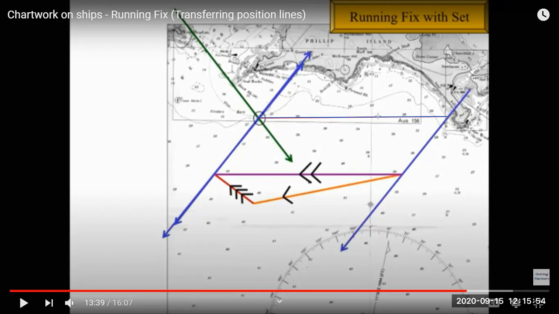Transfer the blue line, and again the transferred line will be marked starting with 2 arrows, and we have to write here that this is the transferred PL, transferred PL initial, whatever time we have to write.